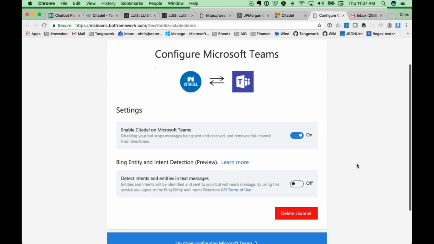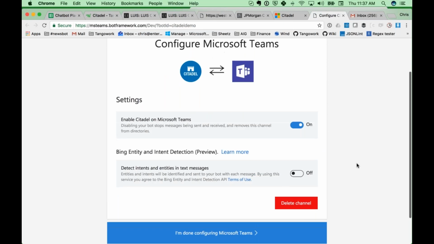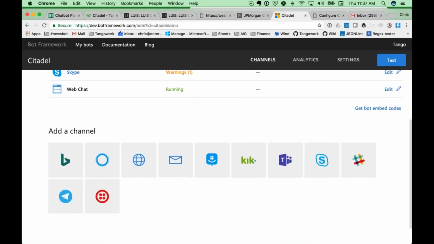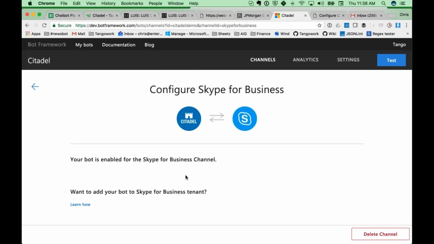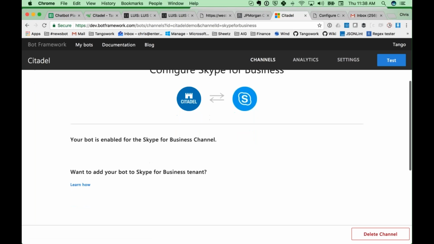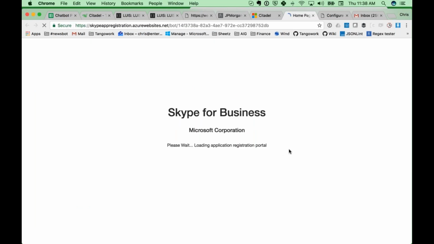And that's pretty much it. It's enabled. I just click on, I'm done configuring Microsoft Teams, and that's really all I need to do. If I want to add it to Skype for Business, I click the icon here, and it gives me some instructions. It's now enabled. Want to add it, I just click Learn How, and it's going to give me some instructions here